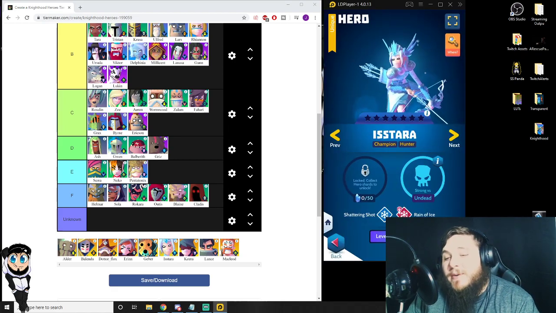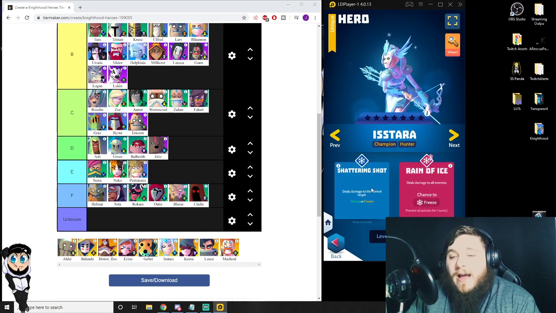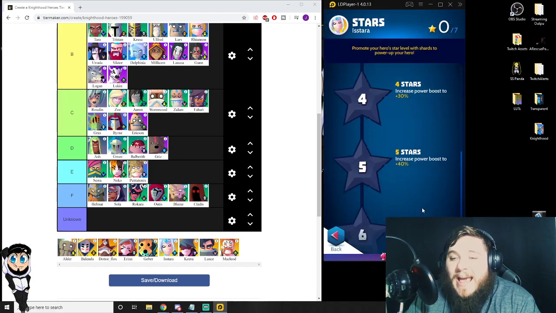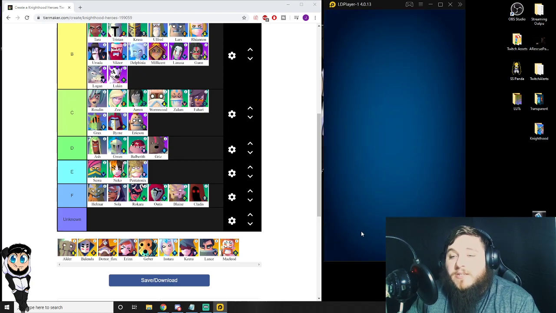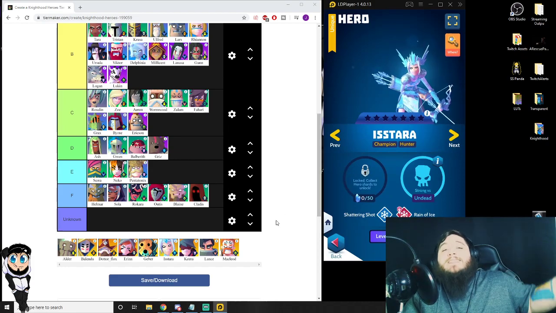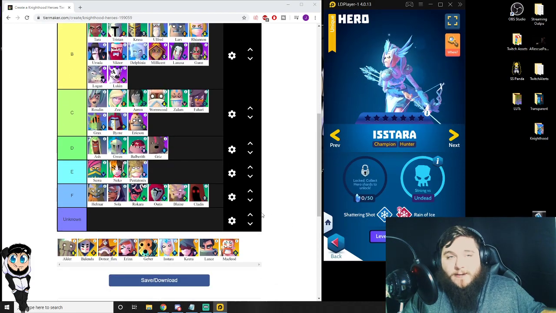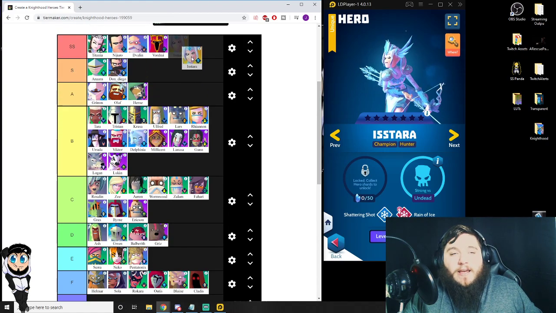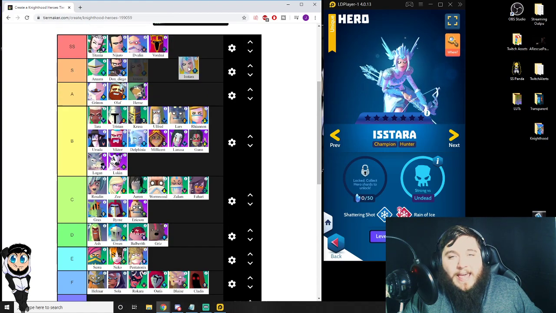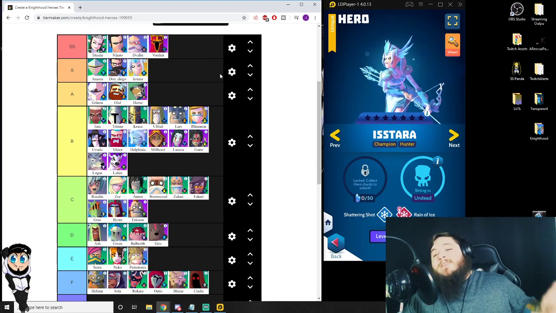It's Istara, Champion Hunter, strong versus Undead. Base power is strong versus Frozen. Rage power freezes. And at 7-star, increases critical chance of Hunter hero powers by 30%. So Istara is basically Diwali, but a unique. I like it. We are going to put her in S tier, because hunters are...